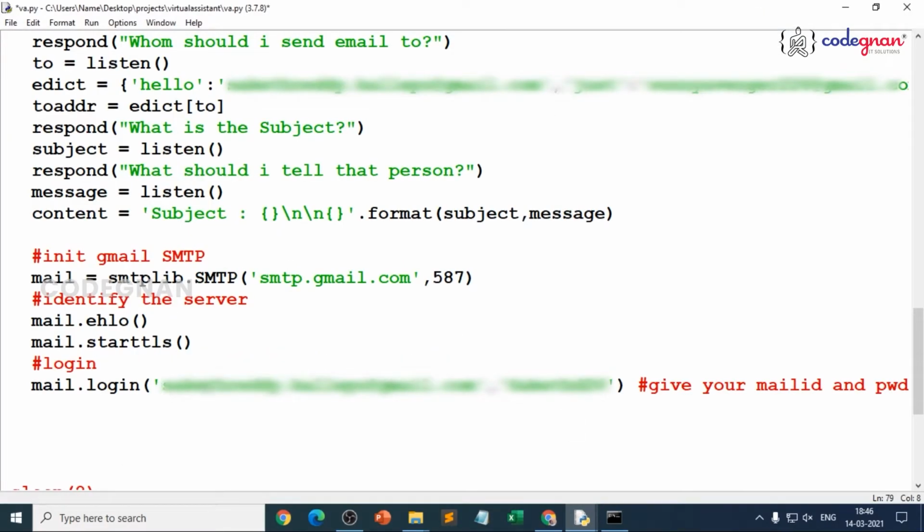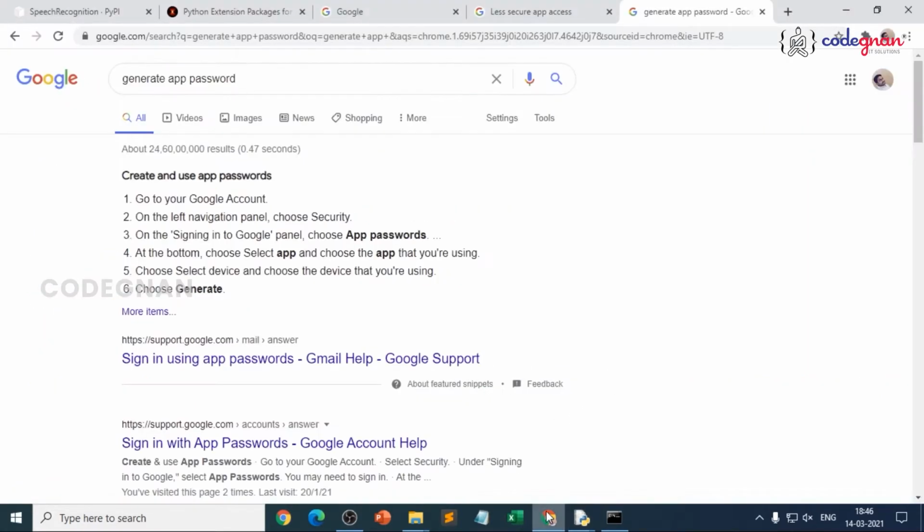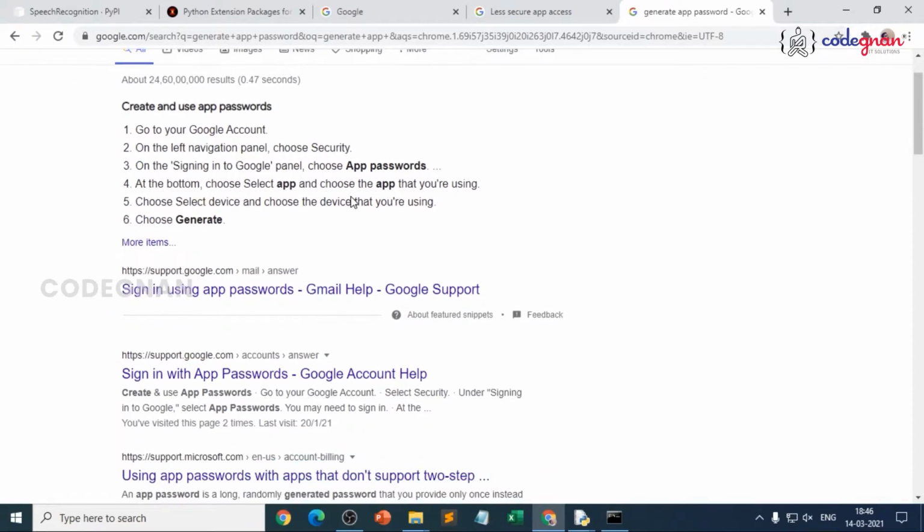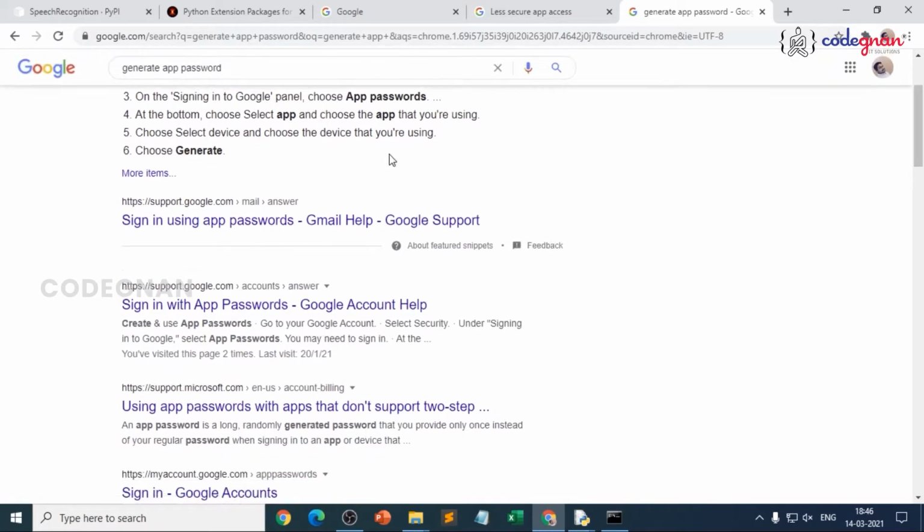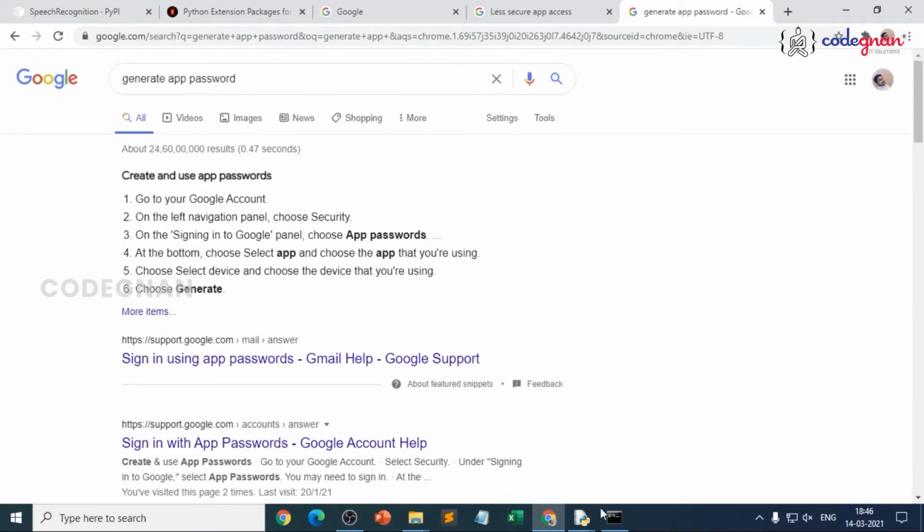You can give your username, that is Gmail ID, along with password. If you want to give password, you can give password. You can also generate your app passcode, that is 16 digit. It's up to you because Google will tell you that is a 16 digit passcode. You can follow these steps and it will generate your app password. That is mandatory when you are working on it. So that is how we'll make it.